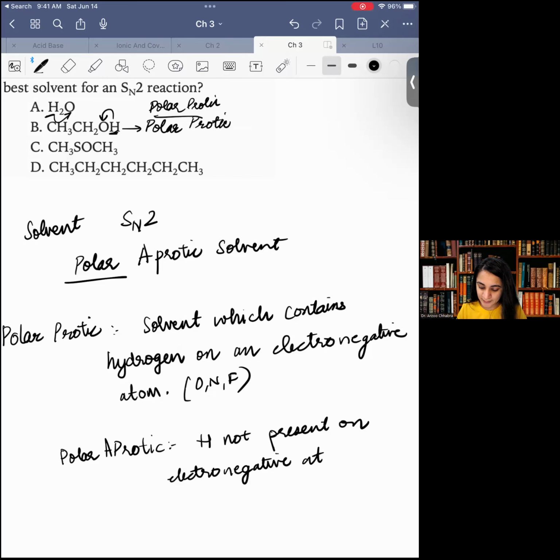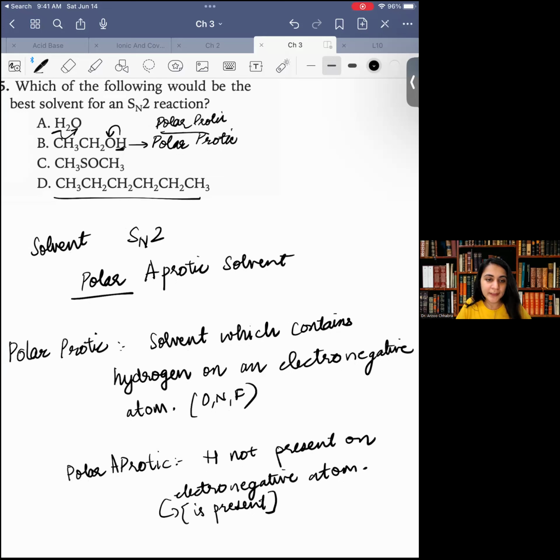But an electronegative atom is present. This is a side note. Okay, so then we've got this one, which is all carbon and hydrogen. There's not even an electronegative atom, and that's why it's apolar, it's not even polar. And then this CH3 S double bond O, CH3. So this compound over here is polar